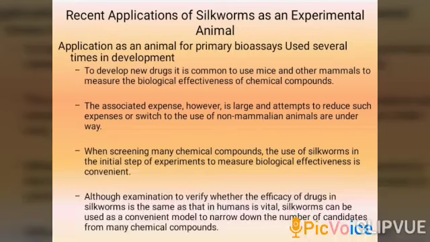First one, to develop new drugs. It is common to use mice and other mammals to measure the biological effectiveness of chemical compounds. The associated expense, however, is large, and attempts to reduce such expenses or switch to use of non-mammalian animals are underway. When screening many chemical compounds, the use of silkworms in the initial step of experiments to measure biological effectiveness